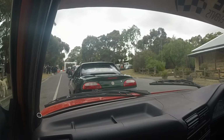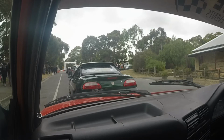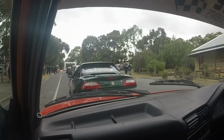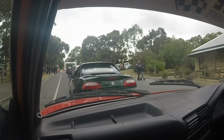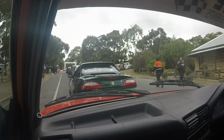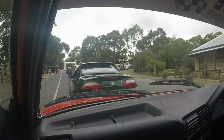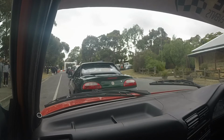It felt like I was going really, really slow, and then without warning, the back end would step out with 1% more throttle. So yeah, I don't really know. As you can probably see, the road's dried out a fair bit. There's not a lot of dark patches on the road. There may be some at the top of the hill still, so I'll be wary of that,